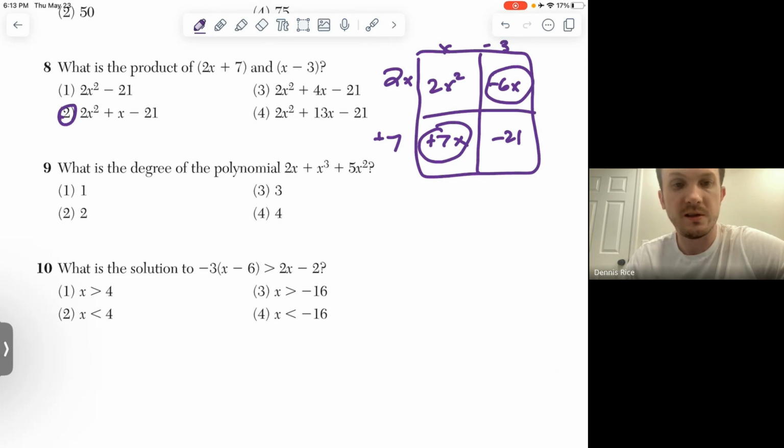Number 9, what is the degree? What do you guys think for number 9? The degree is 3. Degree is the highest exponent. They're usually going to write it out of order just to confuse you, but regardless, it's the highest exponent that